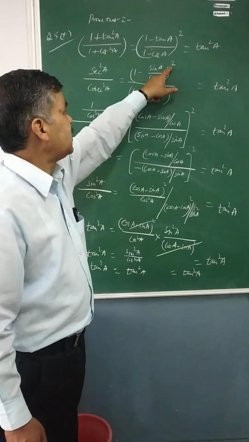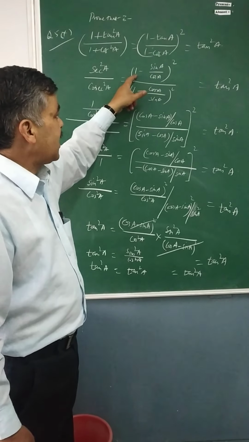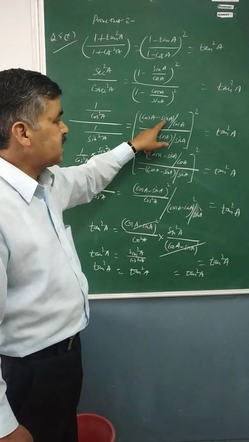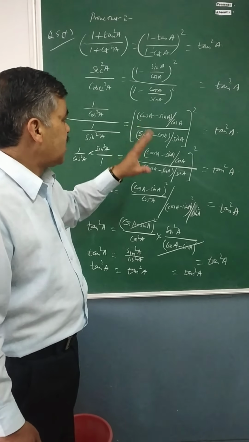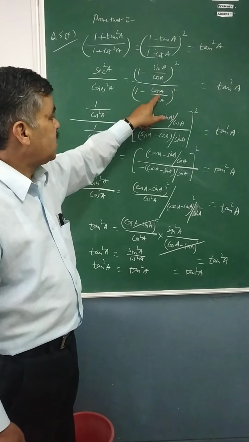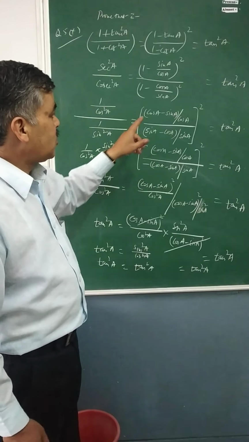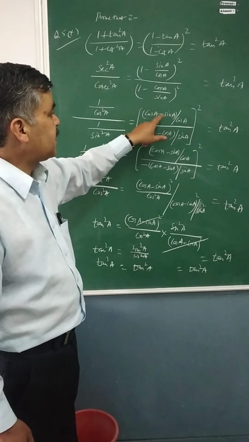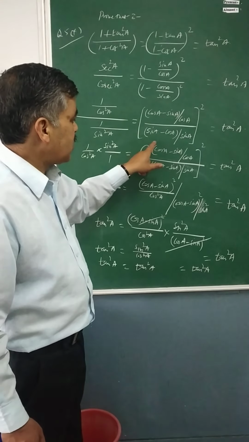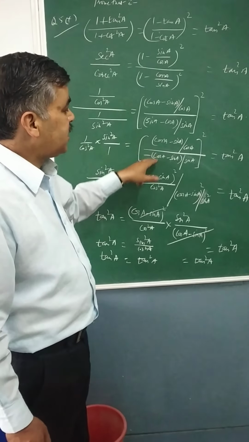Now the second part: 1 minus tangent A I have expressed as sin A upon cos A, and whole square is there. Then 1 minus cot A as cos A upon sin A, again whole square is there. If you take the LCM in the numerator, it is cos A, and your numerator will be equal to cos A minus sin A for this particular fraction. And then similarly in the denominator, sin A will be the LCM, and your numerator here will be sin A minus cos A. In one question yesterday also that situation reached somewhere. Here I am getting cos A minus sin A, and here I am getting sin A minus cos A. To make it cos A minus sin A, I can take minus common, which I did in the next step.